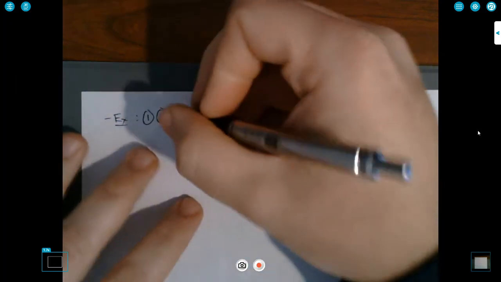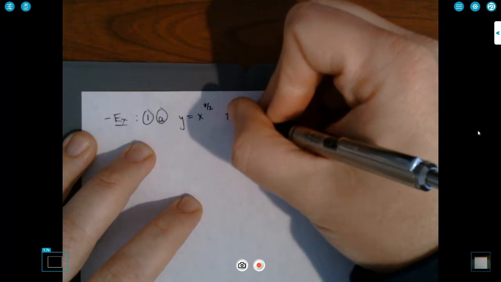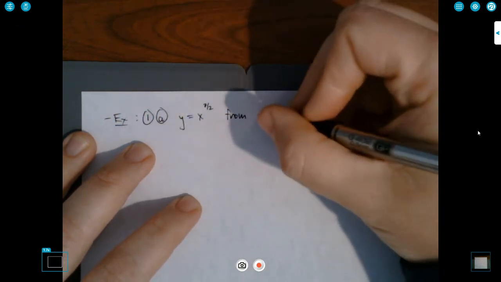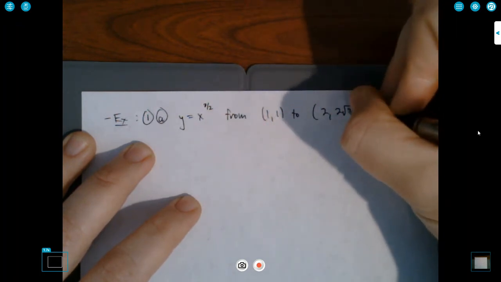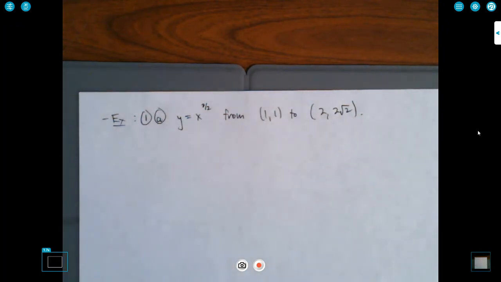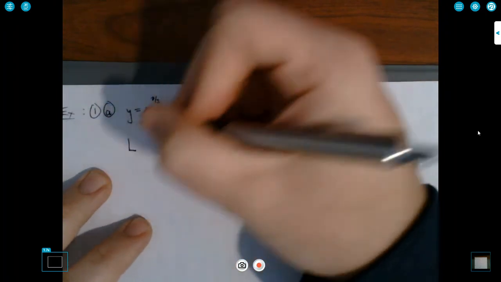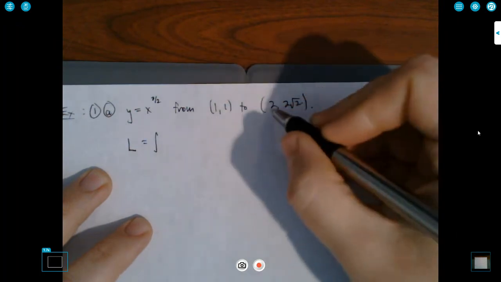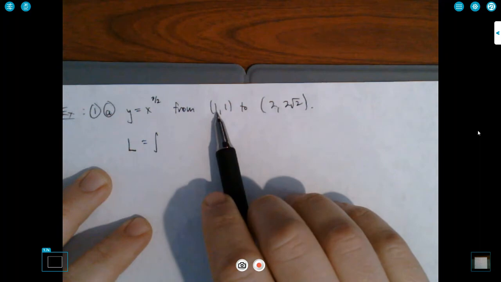Okay, so the curve is y equals x to the 3 halves, and we want to calculate the arc length from (1, 1) to (2, 2 root 2). So the length of the arc is going to be the integral from a to b, and in this case we're integrating with respect to x, so we use the x coordinates, right? So it's from 1 to 2